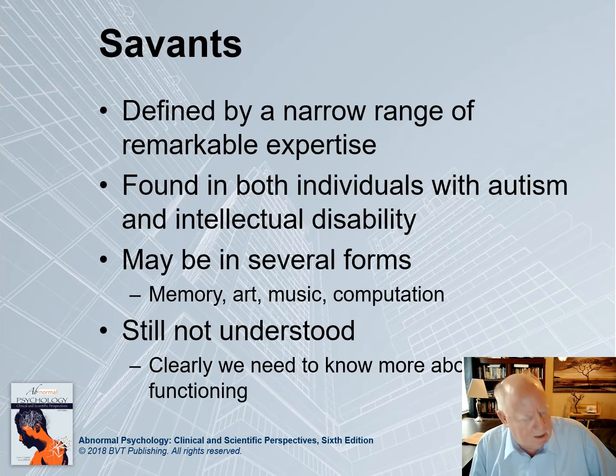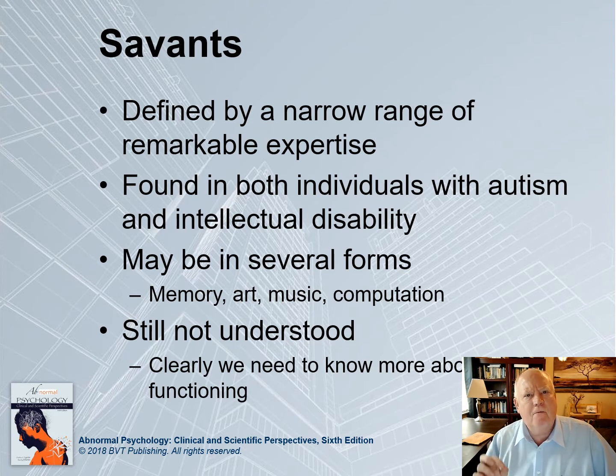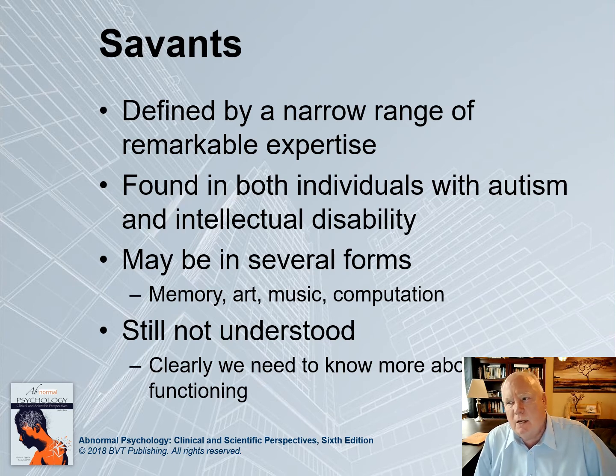Now, I want to talk about a topic that could go in more than one place. We could put savants as a topic under intellectual dysfunction or under autism because we see it in both cases. A savant is someone who generally functions at a very low intellectual level, but in some very narrow area, they function at an incredibly high level. They might, for example, be able to tell you the day of the week for any day going back 1,000 years or more. Now you might say, okay, well, that's kind of a simple program to write.